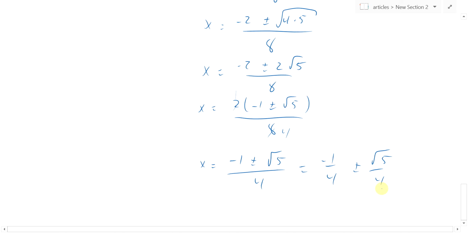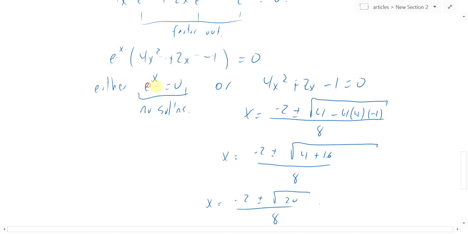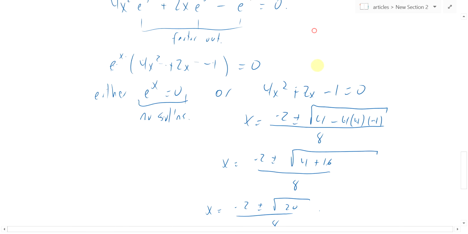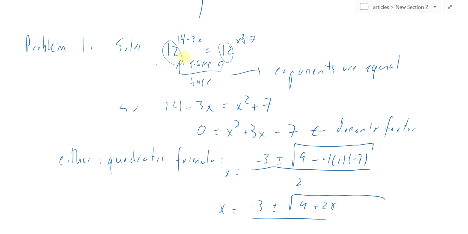And so that's about it on solving exponential equations. Again, two key points here. e to the x equals 0: no solutions to that ever. And if an equation has the same base on either side,